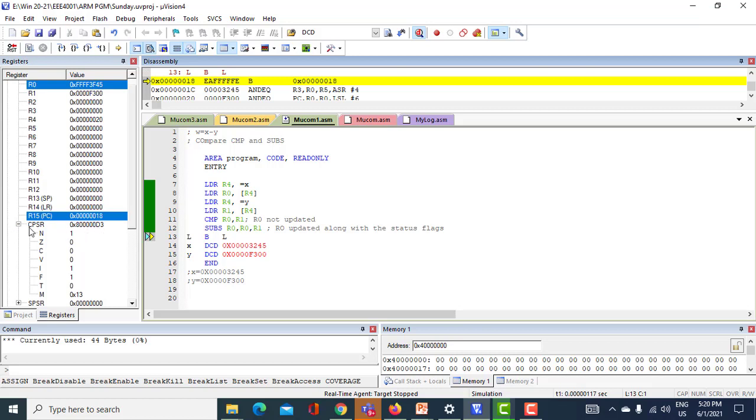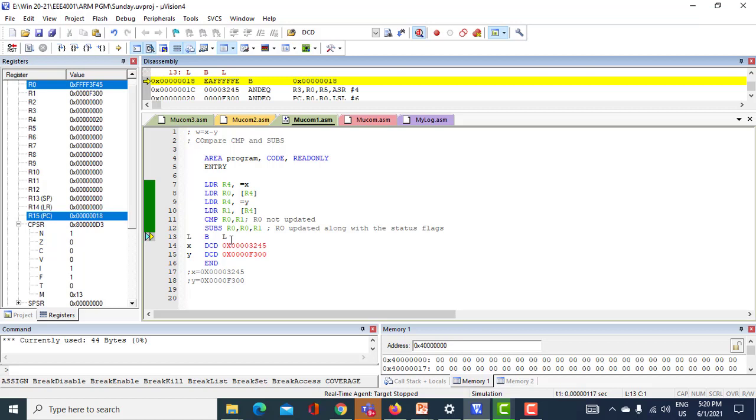The status flag is updated the same. So this is the difference between your compare and the subtract. Because in both cases your status flag is updated, but the content won't be modified. The source operand is not modified in case of your compare, whereas in your subtract instruction it will be modified. That is the difference.